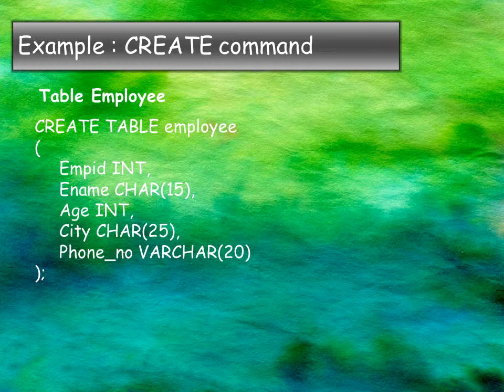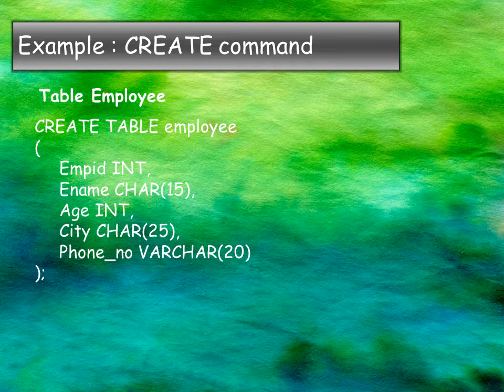Employee ID here, it is the column name and integer is the data type. Now this data type topic we have already discussed. So if you have confusion about why we have chosen int, char, varchar, just watch the previous tutorial where I discussed all the data types. It will be easy to understand.